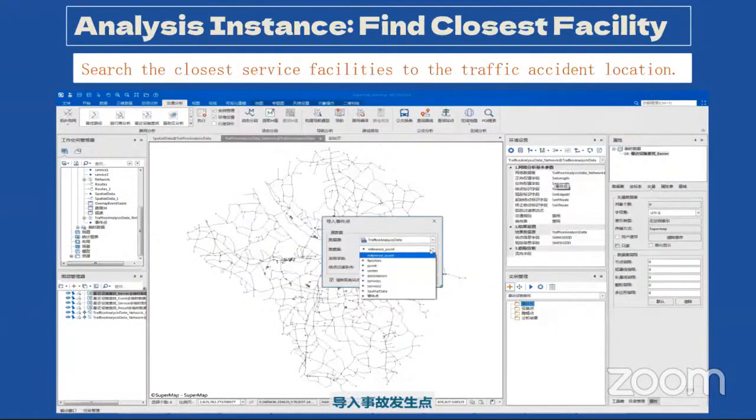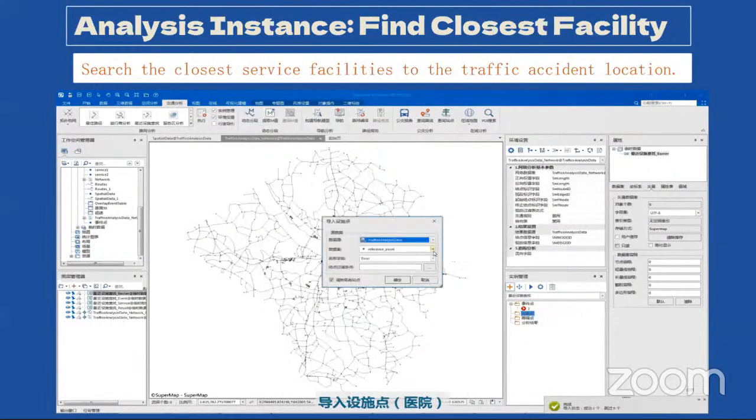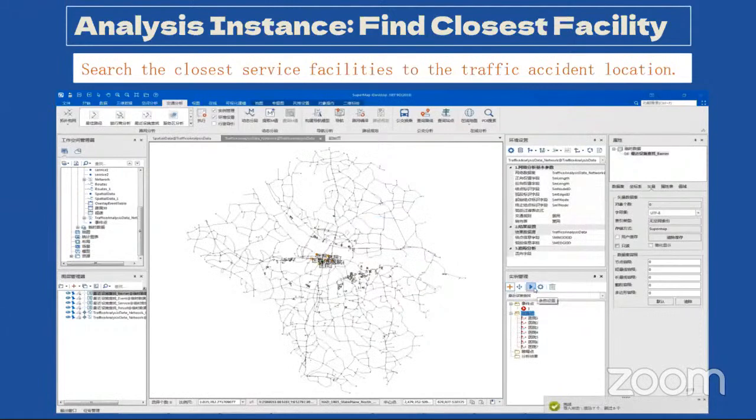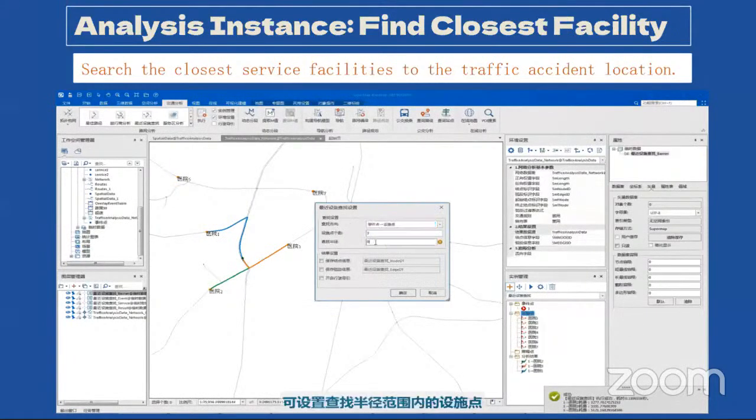So we will know which area or which facilities are the closest to the accident area. So this one, they import the data. You will run all of this and you can see which facilities are nearest to the traffic accident location.